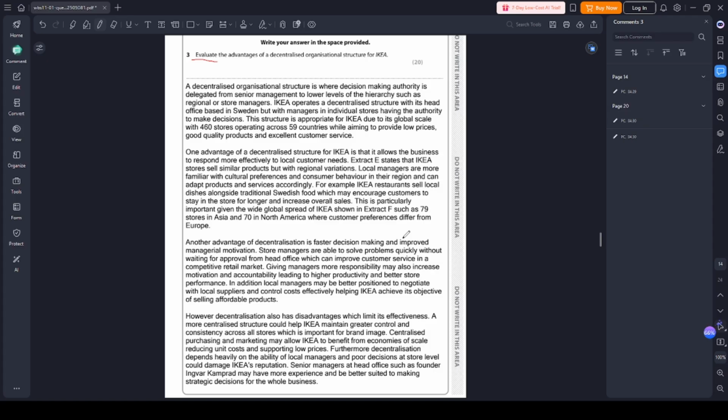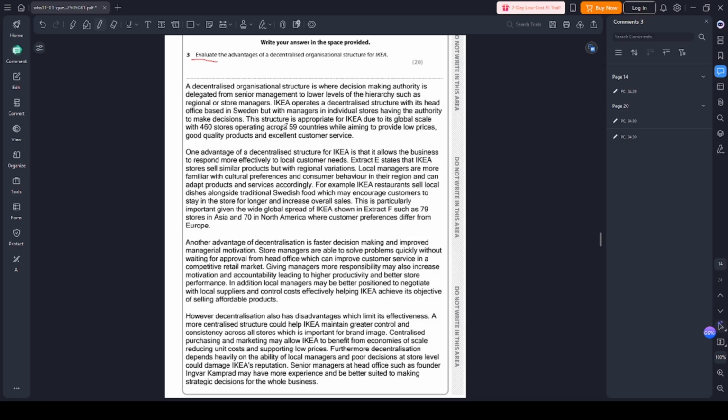So, a decentralized organizational structure means decision making power is not all kept at the top, which means the owner from Sweden does not have to make all the main orders, which means it is shared with managers lower down the chain, such as those running regional or local stores. For IKEA, that means local managers can make decisions based on their own market's needs instead of waiting for the